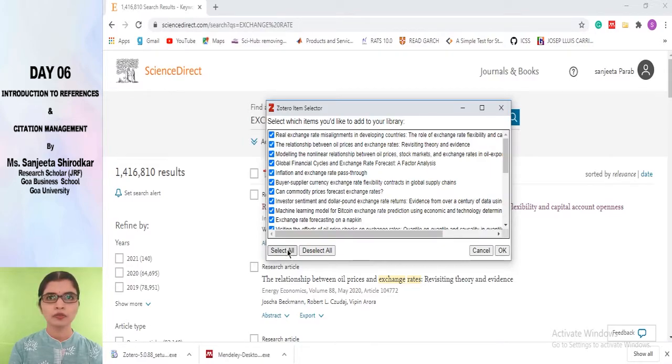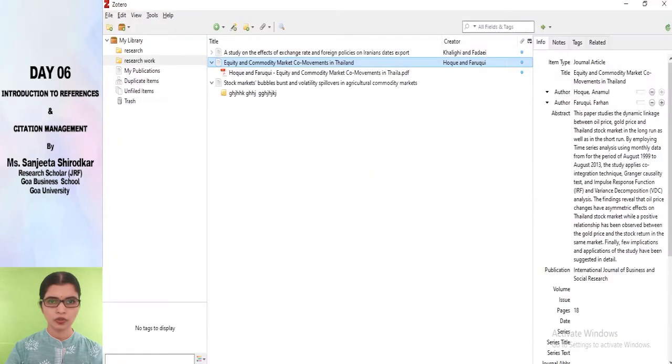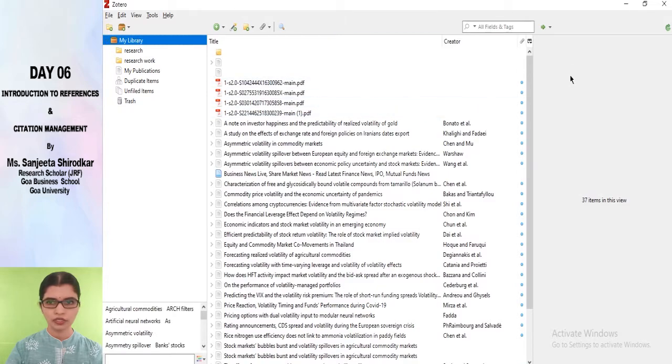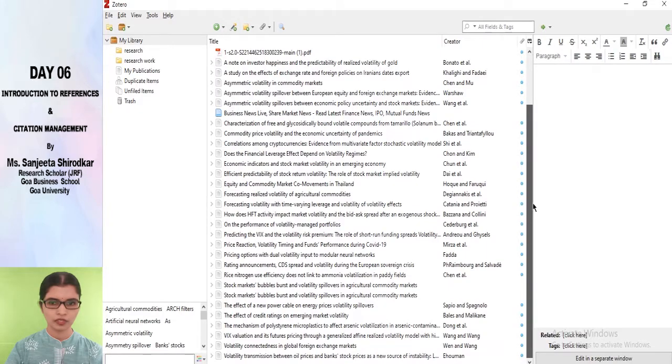But if you don't want to perform this type of blind literature collection procedure, then you could just go and read it properly and then add to your collection. Here supposedly if I want to drag all the articles and then go through and read carefully, then you could just click OK. Okay, all this will be added to your Zotero. See, all these articles, all these references will be added to your Zotero link.